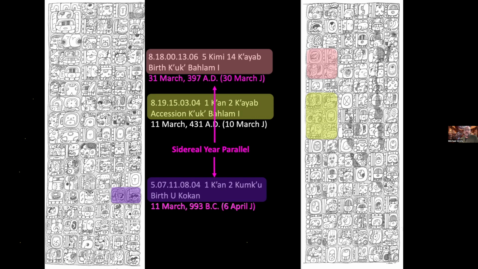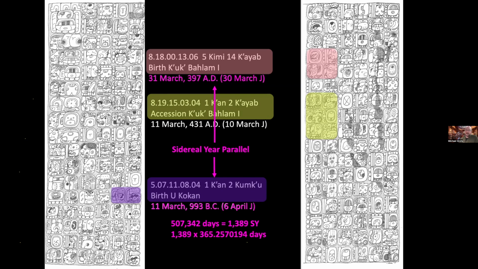evident. And so this means that the position of the sun was the same relative to the fixed stars. That is very, very interesting to me because now we have both tropical year parallel and we have a sidereal year parallel in this very same text in the individual that is crossing over between mythology and history. So if we look at the math for this, this works out to 507,342 days, equivalent to 1,389 sidereal years. And those sidereal years would have the value of 365.2570194 days, very close to the current measurement of